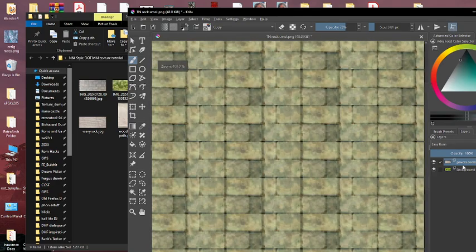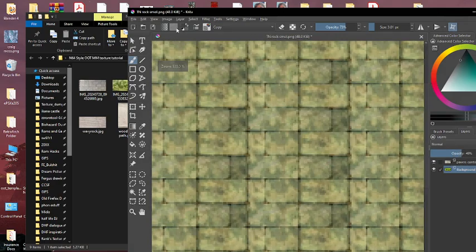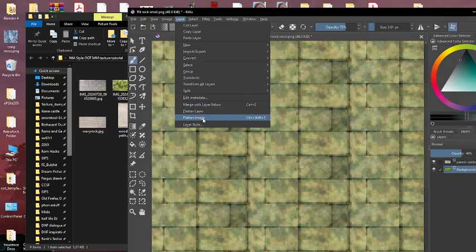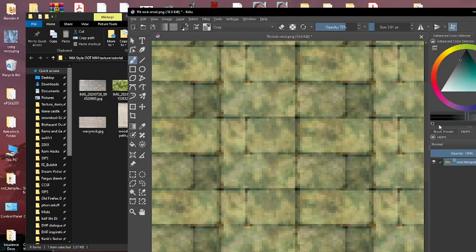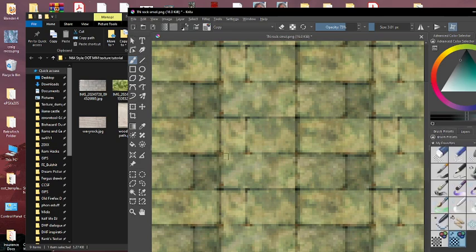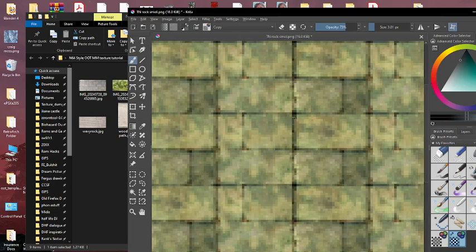We'll continue with easy burn. Check out the opacity a little bit. Flatten the image again. Yeah, I control Z to undo a lot of that stuff. I can do this stuff real quick, so I don't really mind repainting, especially because it's such a small texture resolution. There's not too much to work with. It is like you are kind of doing pixel art in a way,